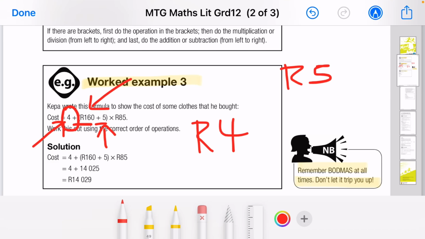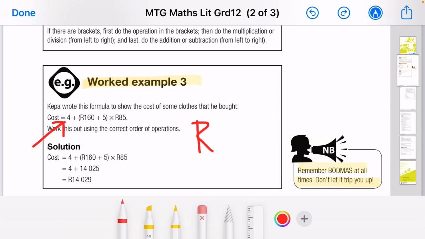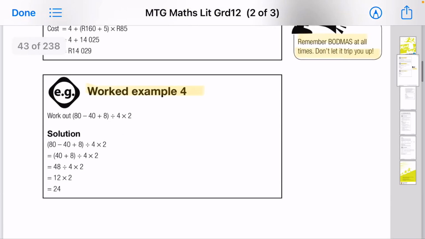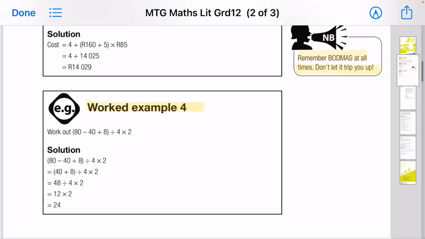It's just something else. But otherwise, let's just assume that this is 4 rand and that is 5 rand. This is 160 rands, and then this is 85 rands. Then you can confidently work out everything. Otherwise, ladies and gentlemen, you can still consult with your teacher if it's not a mistake or this is how it is supposed to be. Doesn't really matter that much. What I wanted to explain to you guys, I think you understood. So now we've got worked example number 4. So ladies